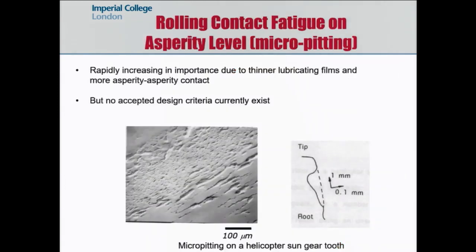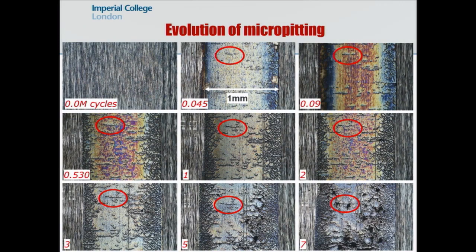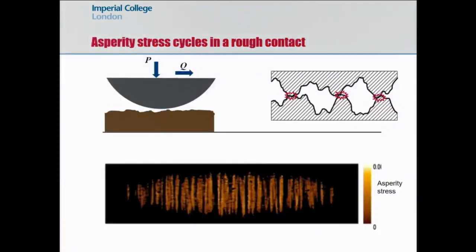A couple of slides on the other manifestation of rolling contact fatigue, and that's micropitting, where we have very small pits as opposed to macro pits, and you say, why do I care? It's 10 microns. But if you let it progress, you lose half of the gear tooth, as you can see there. And we can observe this progression of micropitting on the surface. I'm just going to play this for you. The reason this occurs